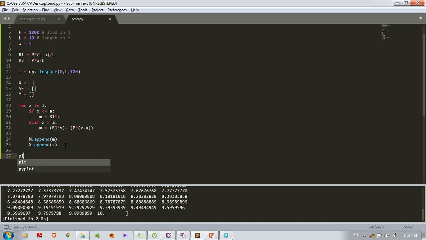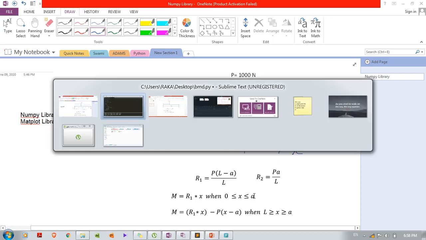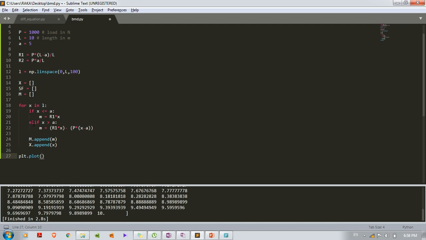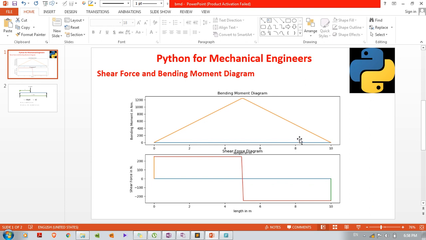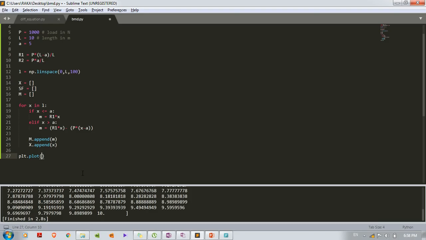So plt.plot. On the x axis I have to plot the length of the beam. So here we can see the x axis is the length of the beam and the y axis is the bending moment. So length is X and the y axis quantity is M, capital M. So we have to use those arrays with the stored values of x and m.